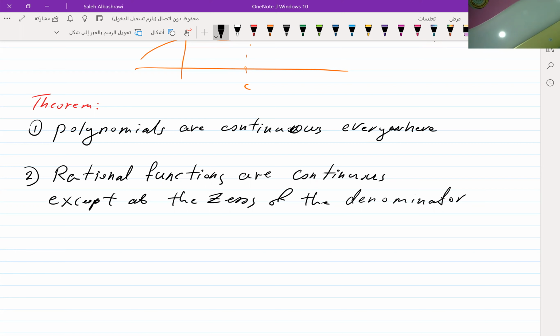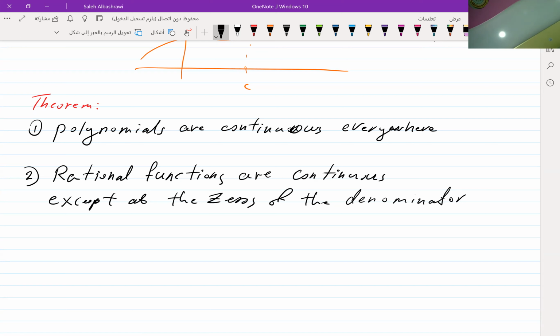In the last part, we discussed the continuity of the function. We said that a function is continuous at a given point c if three conditions must be satisfied. The first condition was f of c is defined, which means that f has a finite value at that given point. The second condition, the limit of the function as x goes to c exists. And the third condition was that f of c equals the limit of the function as x goes to c. And we started at this point that we said that for the polynomials,